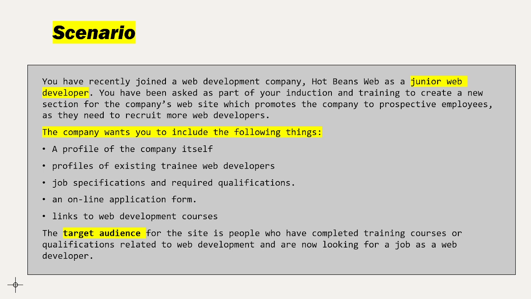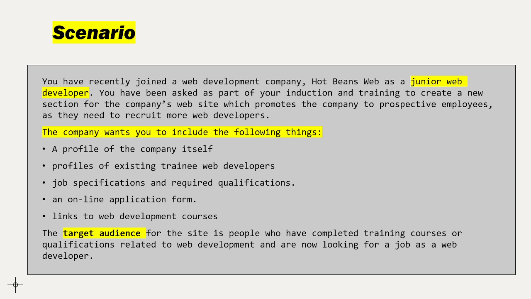So what the company wants is the profile of the company itself. It wants profiles of existing trainee web developers that work with the company, job specification and required qualifications for trainee web developers, and also an online application form